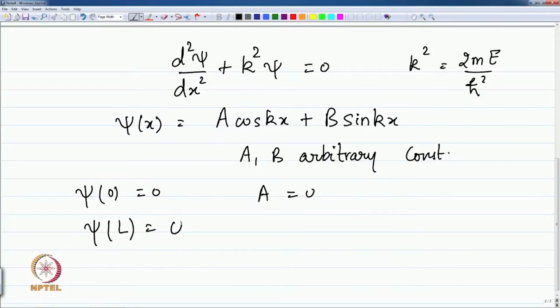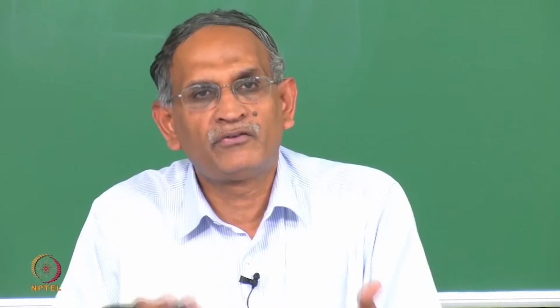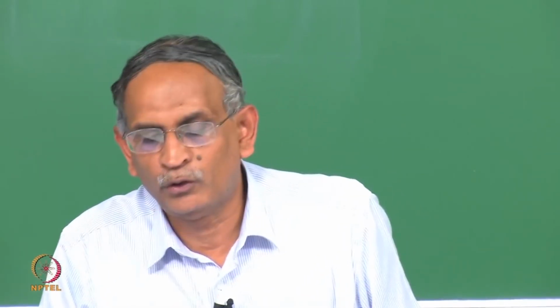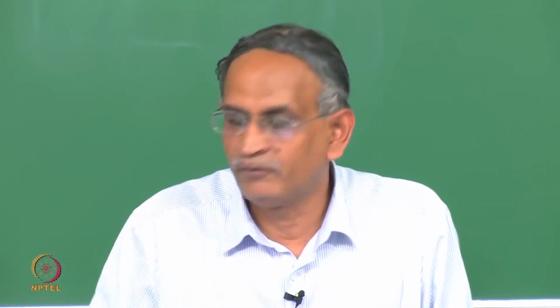We have psi of L is 0, which implies that since a is already 0, psi of x is b sin kL, and that is equal to 0. We do not want b to be 0, because if a and b are 0, it is anyway a trivial solution for any such differential equation, and there is no interpretation. Therefore, we are going to consider the non-trivial solution with b not equal to 0,